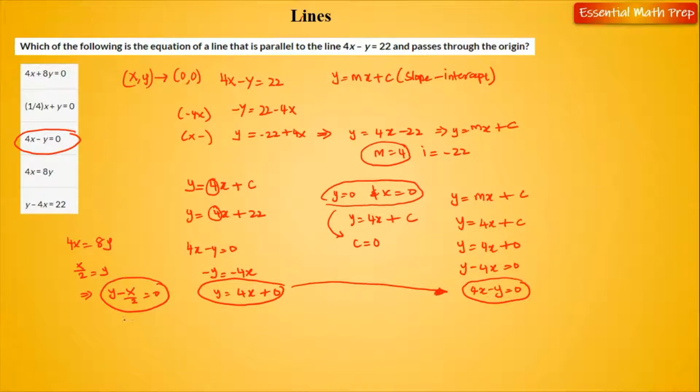Clearly, our slope here is m equals negative 1/2. But we want a slope of 4, so this is incorrect as well. The rest are clearly incorrect as it's written here. So the correct answer is 4x minus y equals 0. I know it's a lengthier problem, but I wanted to showcase all the nuances that you need to know to